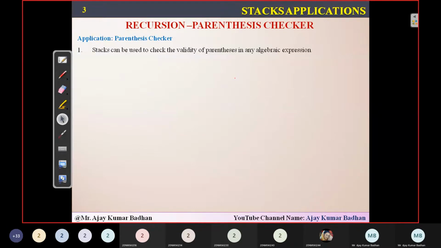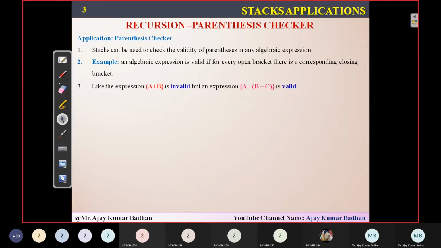In algebraic expressions, like in mathematics, you have different expressions, right? We write something like a plus b plus c. If I ask you to perform the operation on this algebraic expression, you will do it in any way. Either you can add B and C first, and then add A. Some people will perform the addition of A plus B and then C.